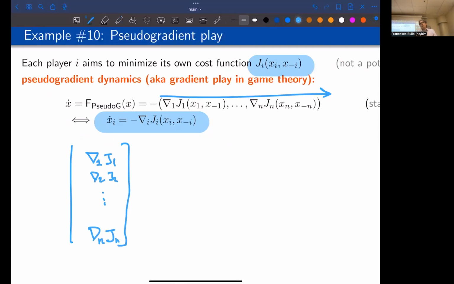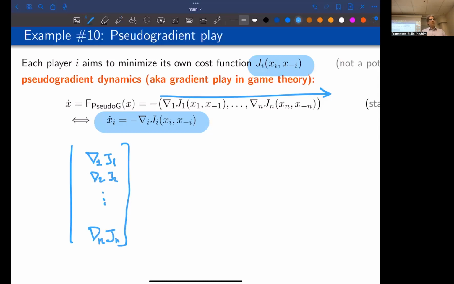In some literature I've seen the word pseudo-gradient, because it's not the gradient of a function. You have n functions, and the functions depend upon x_i and x_minus_i, so it's a bit of a weird object. So let's just call it pseudo-gradient. And in game theory, they have this beautiful name. They don't just call it the pseudo-gradient dynamics. They would call it